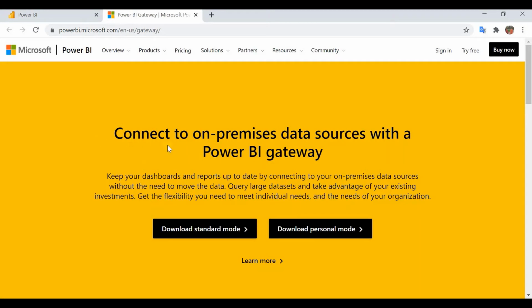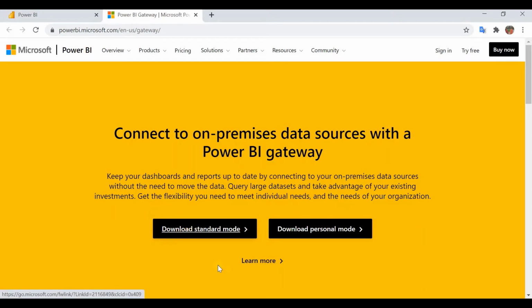So in the gateway page, you can see connect to on-premises data sources with a Power BI gateway. Keep your dashboards and reports up to date by connecting to your on-premises data sources without the need to move the data. Query large data sets and take advantage of your existing investments. Get the flexibility you need to meet individual needs and the needs of your organization. So you have two options.